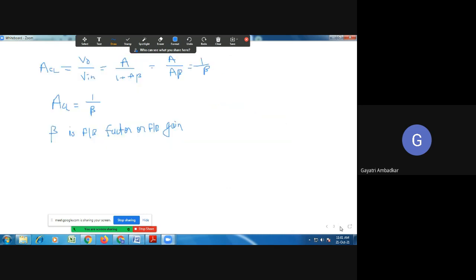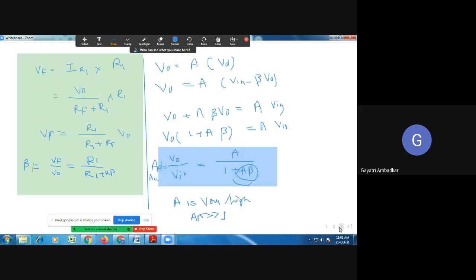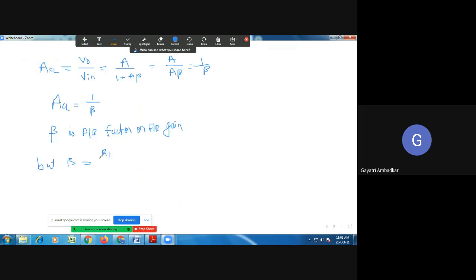So I can use this value. What is our beta? R1 upon R1 plus RF. Therefore, what is the gain? The closed loop gain of the op-amp is equal to 1 upon beta, that is 1 upon R1 upon R1 plus RF, that is equal to